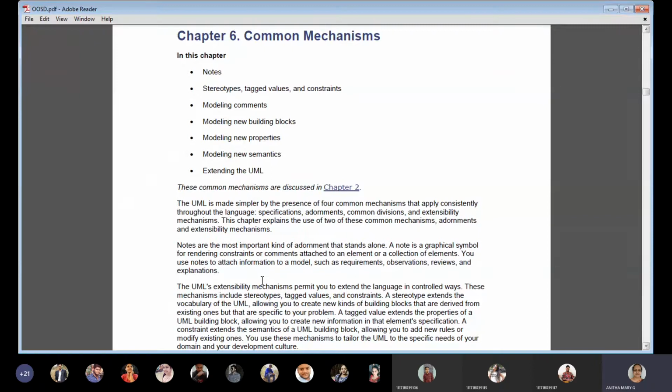So in relationships, for association, what are the adornments there? Name, direction, role, multiplicity, and then aggregation. Okay. So those are the adornments there. So we can talk about the same thing under adornments, or the things we have learned in the common mechanisms.